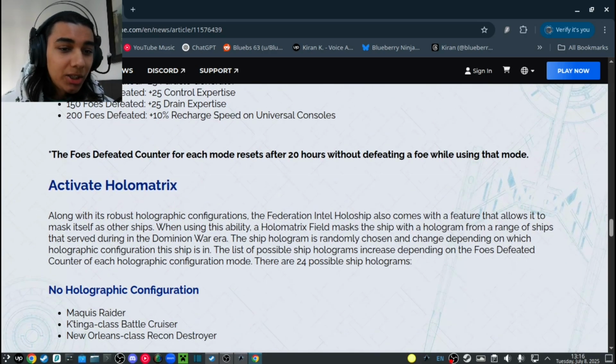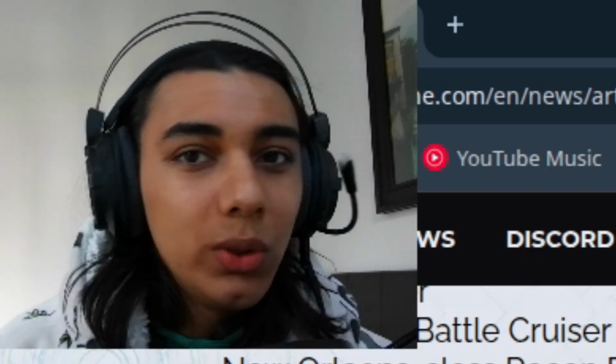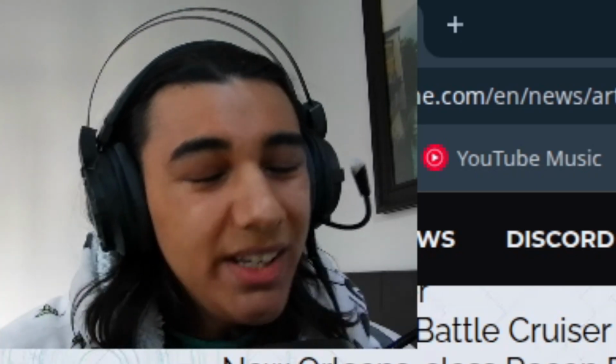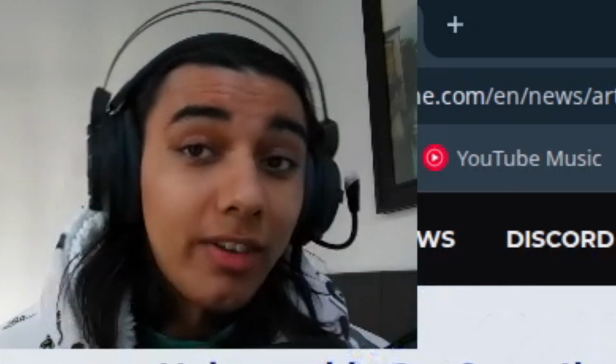The foes defeated counter for each mode resets after 20 hours without defeating a foe while using that mode. Okay. So you start off as Miradorn Raider, and you defeat 50 foes, you get to Steamrunner class, and it goes on to Defiant, to Mogai, to Akira, to Kerpool Light Battlecruiser, to a Hasnok Warship, in tactical configurations. So this is kind of cool, but you can't be any of these whenever you want. You have to defeat a certain amount of foes, and then it resets in 20 hours. So this is kind of cool, however...